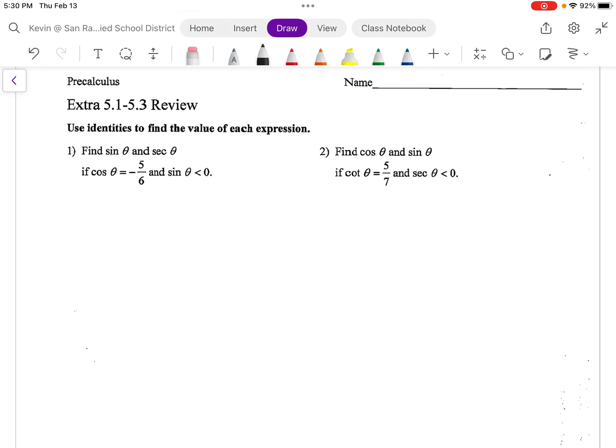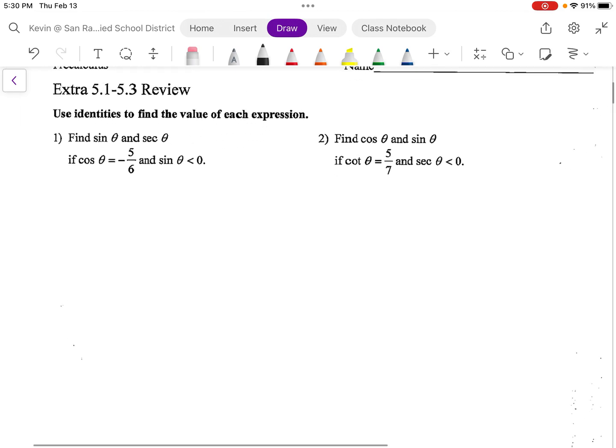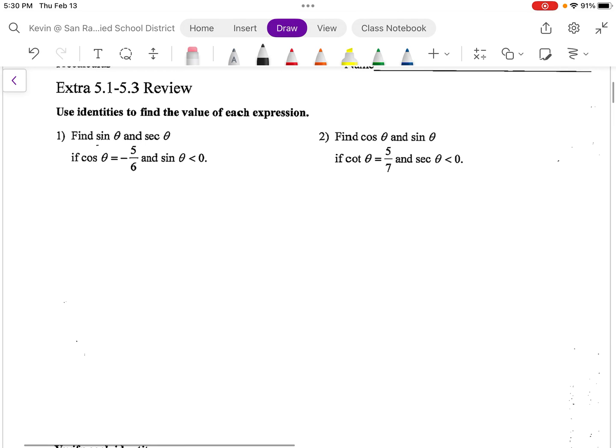All right, so it says use identities, and I don't know exactly what they want us to do in terms of that. A lot of people drew triangles, which you could do. I'm going to do it without triangles, because we have cosine, which is adjacent over hypotenuse, so we know what one side is. We're just looking for sine and secant. Secant is easy because it's the reciprocal, so secant theta is negative 6 over 5. So that's done. To find sine, we know that sine squared theta